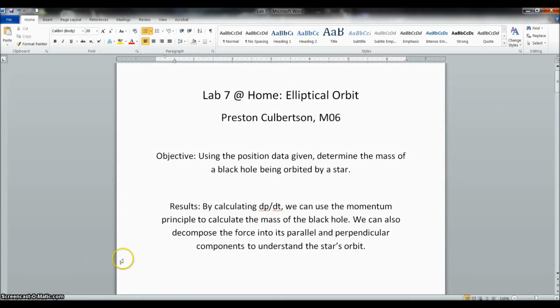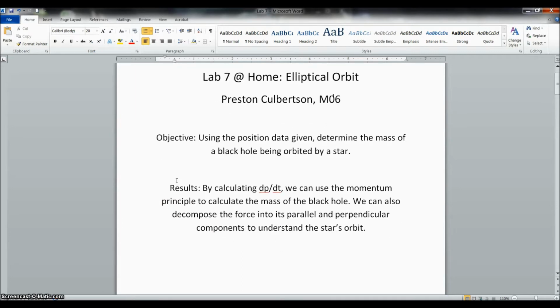This is Lab 7 at Home, which is about elliptical orbit. My objective this week was using position data given to me by my instructor to determine the mass of a black hole being orbited by a star. My results were that by calculating dp/dt, I can use the momentum principle to calculate the mass of the black hole. I can also decompose that net force into its parallel and perpendicular components to better understand the star's